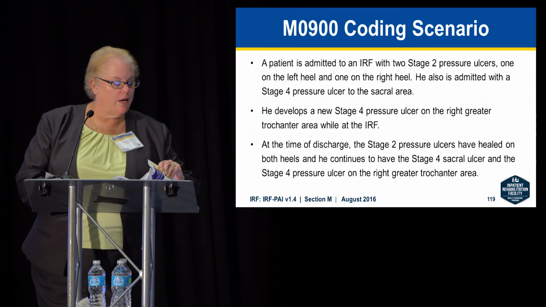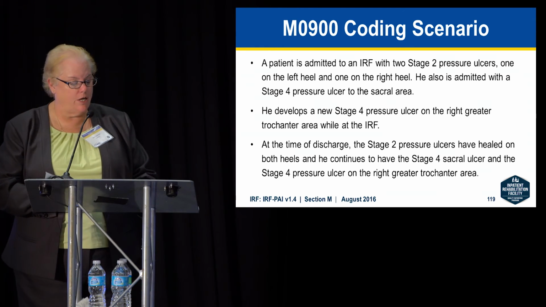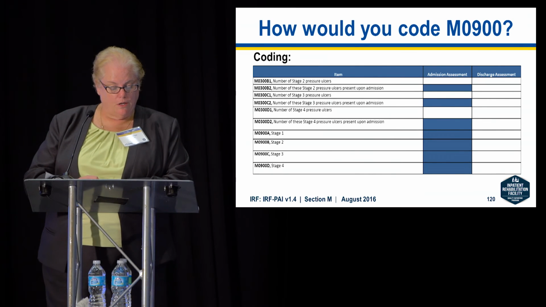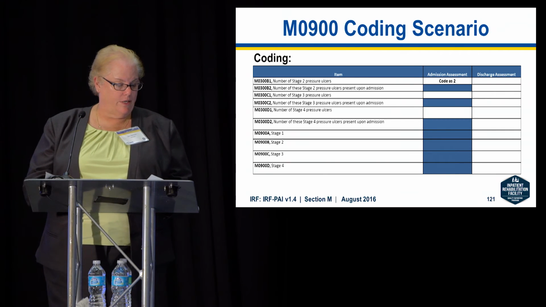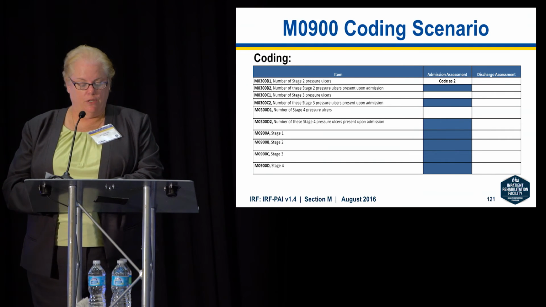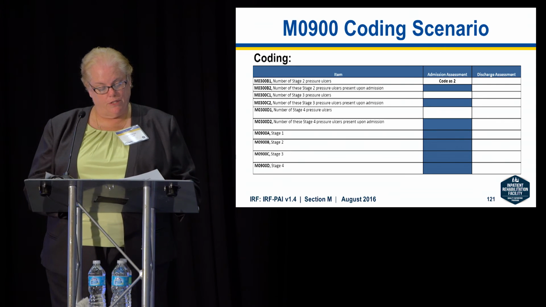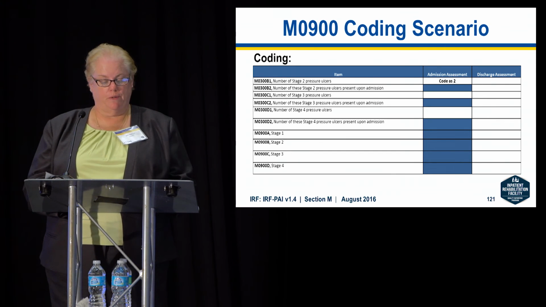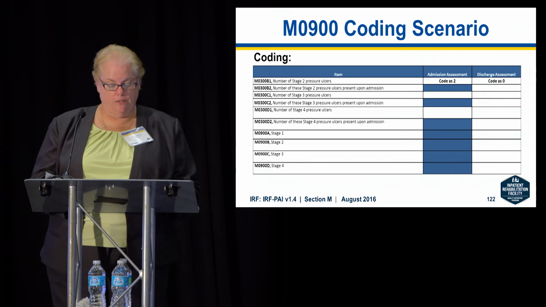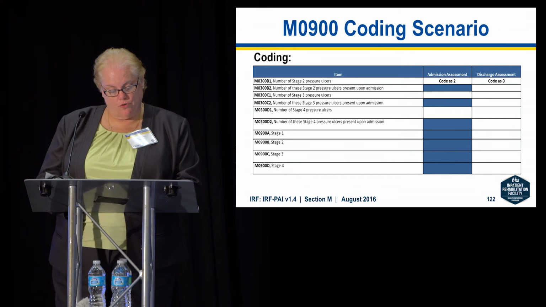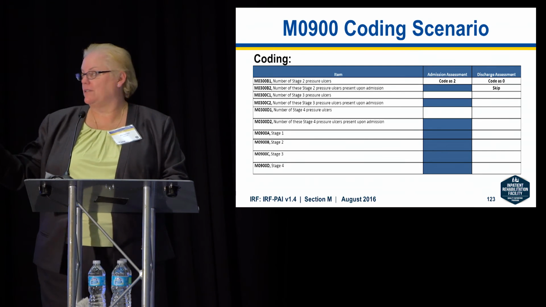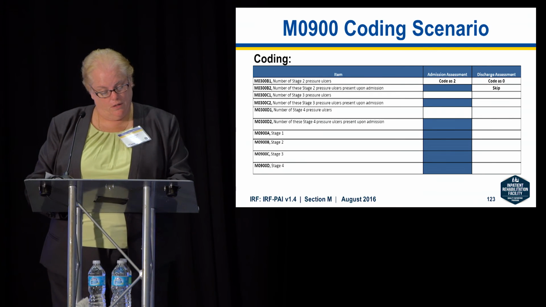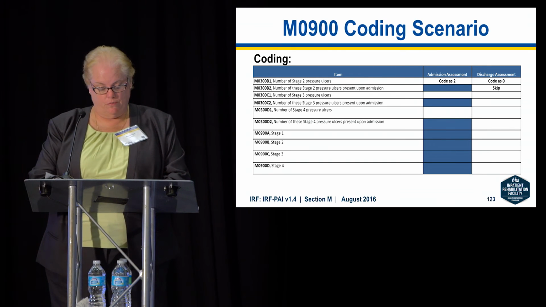I don't think we have a coding scenario for 9, so let's just do this together. So the number of stage 2 pressure ulcers that this patient had. 2, right? He had 2 of them. Okay. So now we want to know the number of stage 2 pressure ulcers on the discharge assessment. Right? Okay, 0. The number of stage 2 pressure ulcers present upon admission would be a skip, right? Again, this is a skip pattern because they had 0 ahead of it. Okay, number of stage 3 pressure ulcers present upon admission. Right? On discharge.